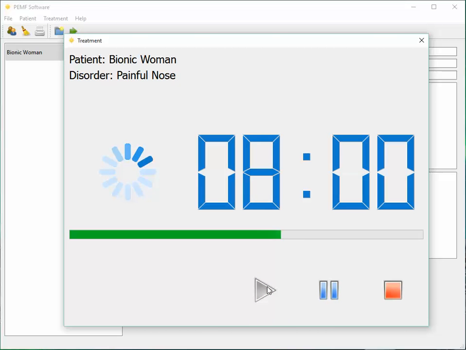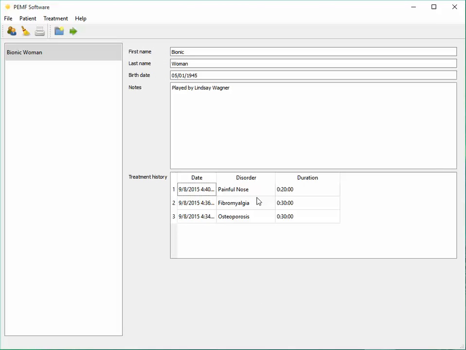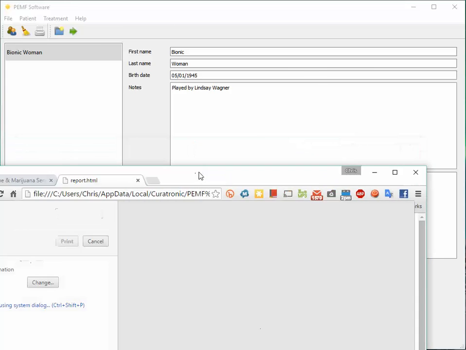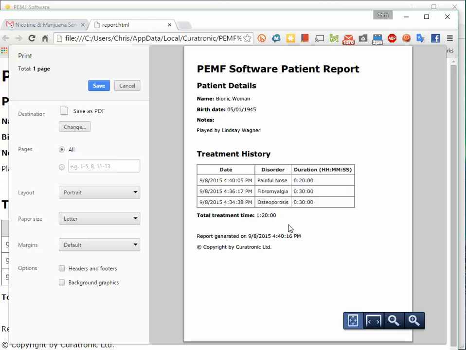And again, it's going to count down for 20 minutes. The noise happens at the end saying, I'm done, and I end the treatment. That basically is a quick overview of what goes on. And I mentioned earlier, we can create a patient report. And I did that, and what's happening now is there's a page which you can print, and I have birth date of 5/1/1945, played by all the notes I put in, and these are the 3 treatments she's had, and that is